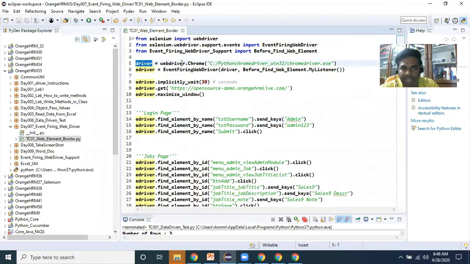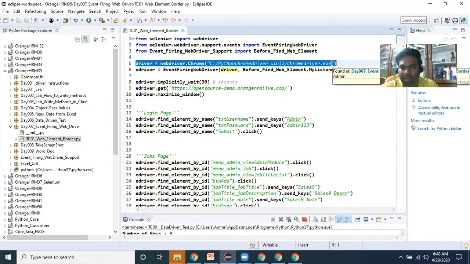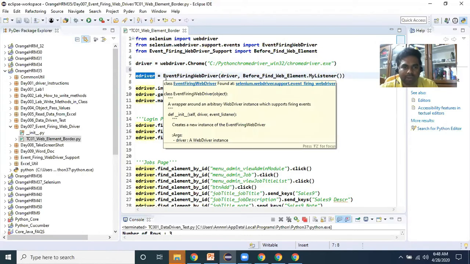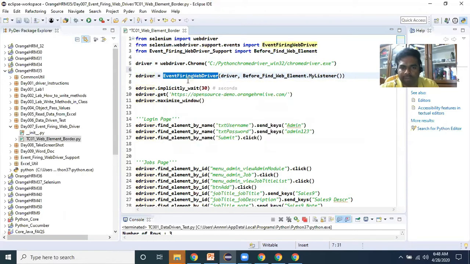After creating my driver object, driver is equal to Chrome driver.exe, I'm creating my event firing WebDriver object like this. E-driver is equal to event firing WebDriver of this driver, which I'm giving as the input, and this is the Python class, and under this Python class it contains my listener class.